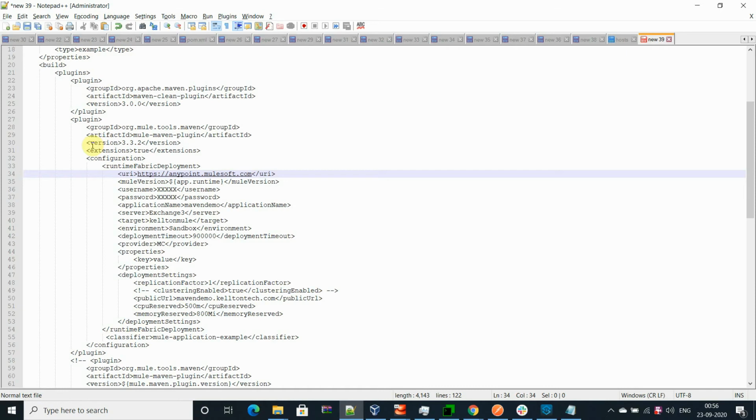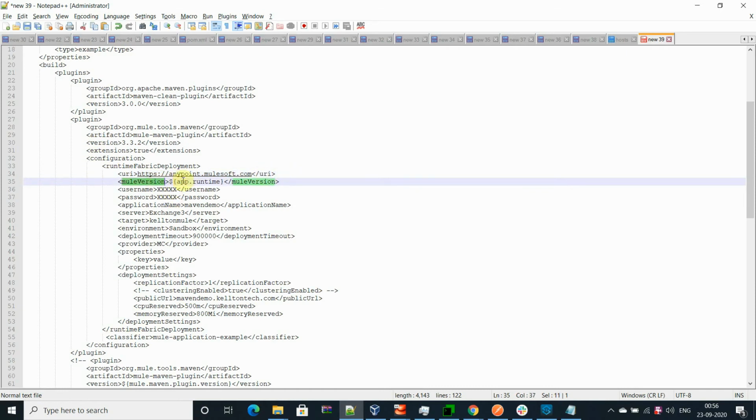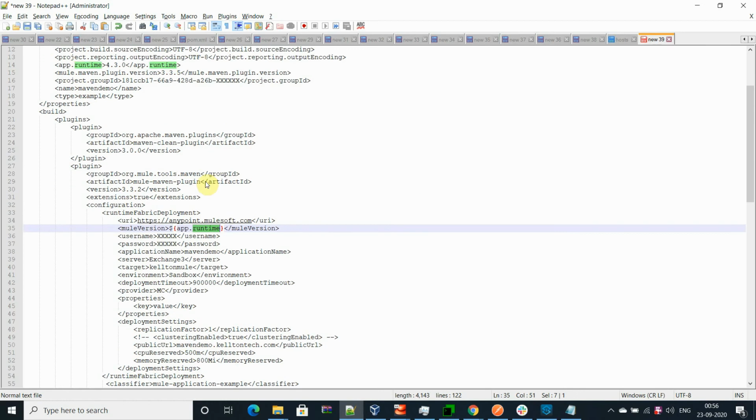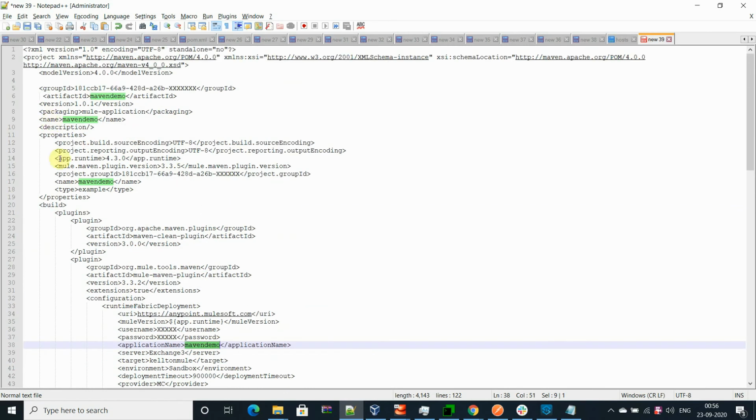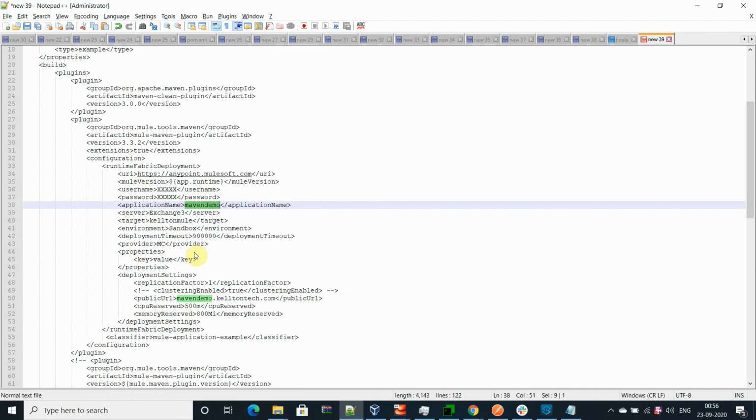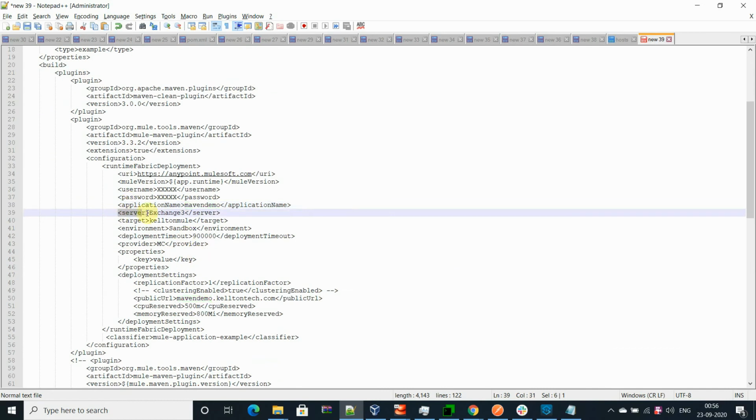Here you need to provide the public URI for the platform. Then the Mule version, which I'm using here in properties, and the username and password for the Anypoint Platform. The application name is the name of the application which you are going to deploy; you can borrow it from elsewhere, but I am just keeping it here for demo purposes.